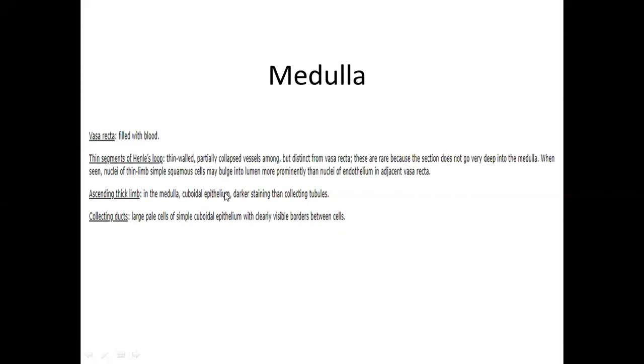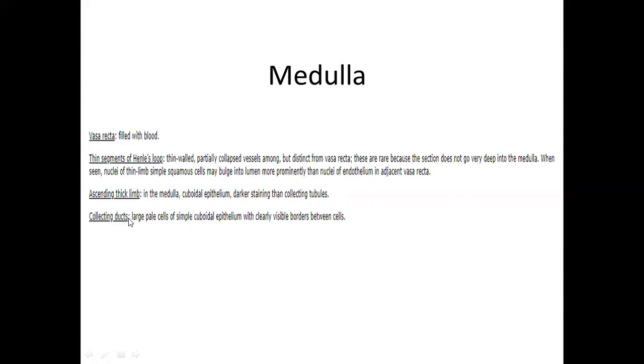They are lined by cuboidal epithelium. Their cuboidal epithelium appears dark stained compared to the cuboidal epithelium which is lining the collecting tubules. तो ये हमने जरूर डिफरेंस करना है कि असेंडिंग लूप को कलेक्टिंग डक्ट से किस तरह से डिफरेंशिएट करना है।